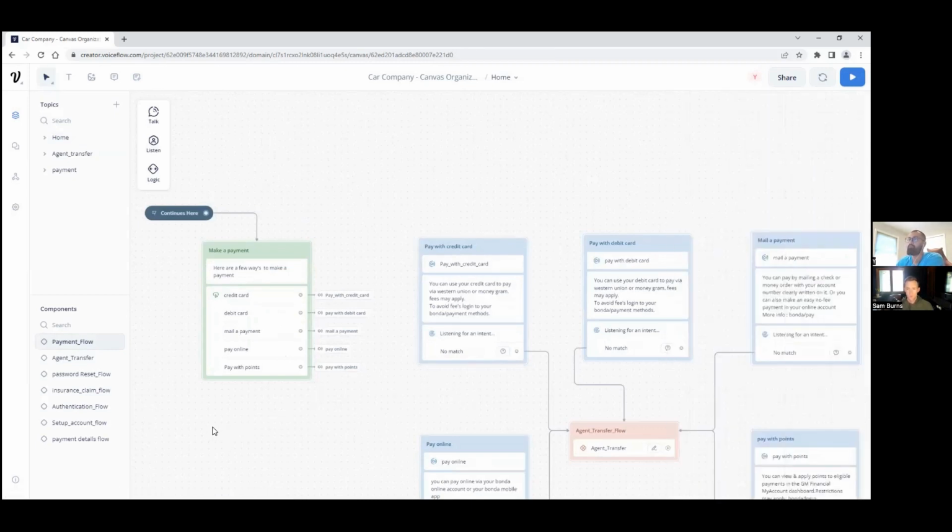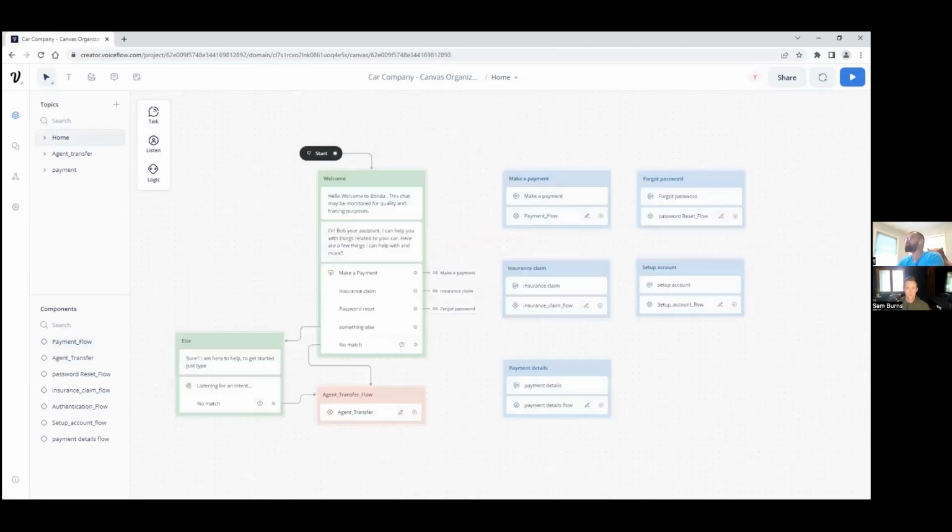But for example, if I were to just say, "I just need to make a payment," and I didn't specify what type of method I want to use, we offer a probing question asking them, "Here are a couple of ways you can make a payment," and then they can click on these actions to go there. So if I were to run this for you,